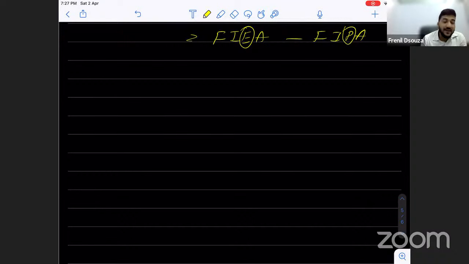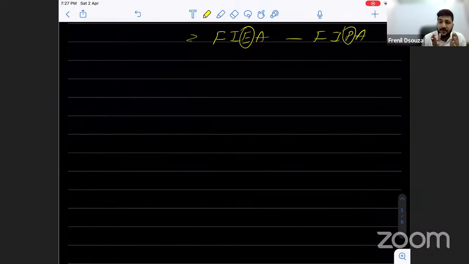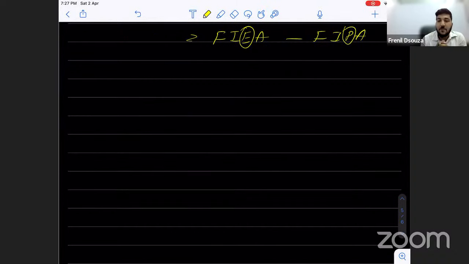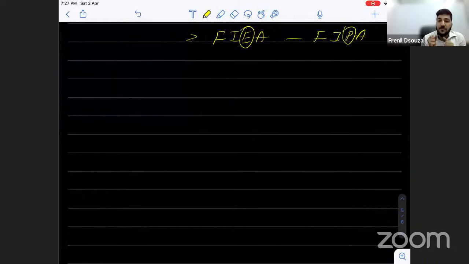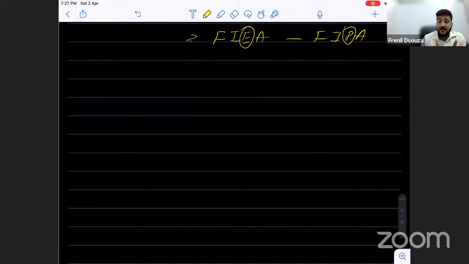So this is one of the tricks for how you prepare and make sure that you get good marks in the CA examination. If there are certain short questions which are going to come in your exam anyway, make sure that you get those marks first, rather than being a person who wouldn't concentrate much on these things. There are some people who just read certain things and try to cover most of the syllabus before the examination day, rather than focusing on these short questions. When there are short questions, you need to make sure that you get those marks no matter what.